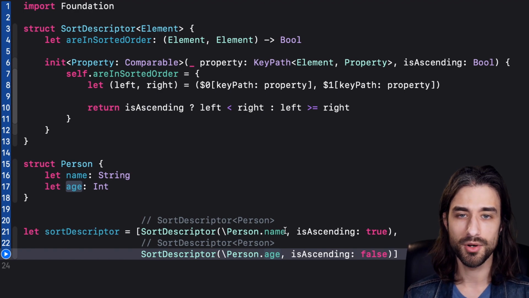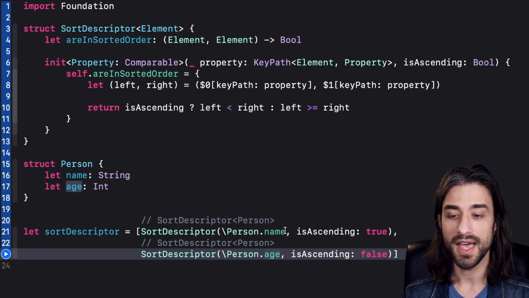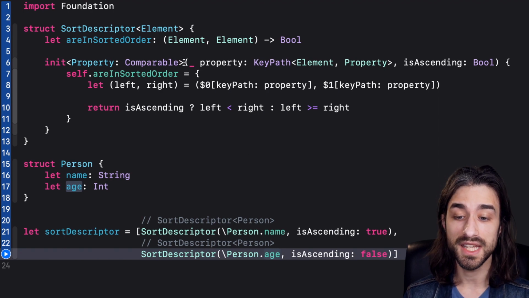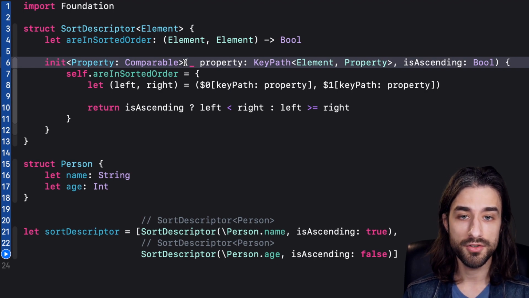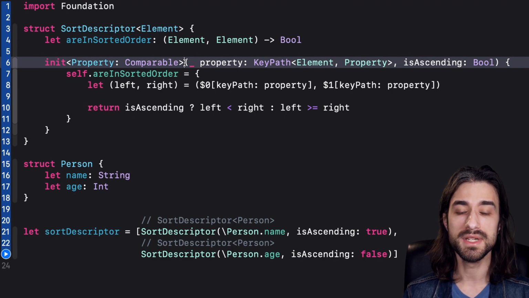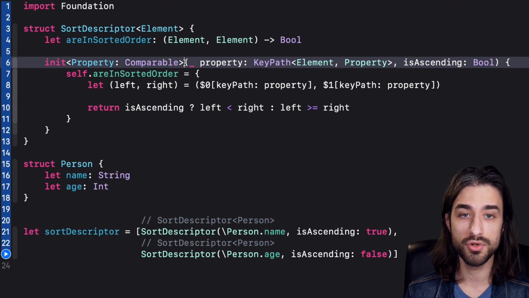So that was my example to explain what type erasure is. As you've seen, type erasure is a technique that we can use in Swift whenever we want to remove information about a generic type past some point in our code, because past that point this information is no longer useful, and it can actually be a burden whenever we want to store our generic types in collections or that sort of thing.